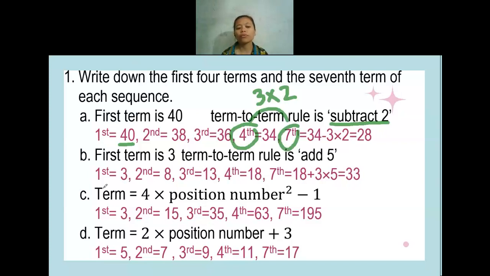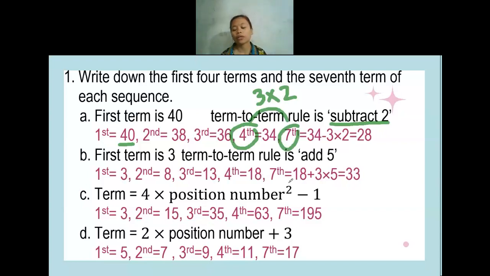Okay, I will move to the question B. For the question 1B, the first term is 3. So we have number 3. We will write 3 first. And then the term to term rule is add 5. So 3 plus 5 will be equals to 8. 8 plus 5, 13. 13 plus 5 will be equals to 18. So I already have 3, 8, 13, and 18 for the first four